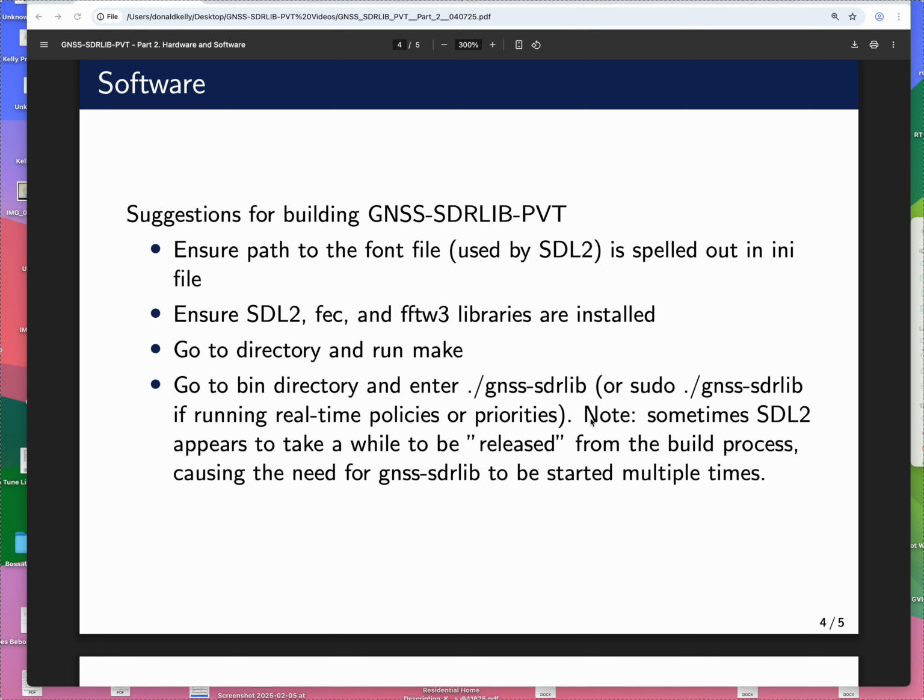And a side note that's a bit frustrating is sometimes the SDL2 threads appear to take a while to be released from the build process. I think that's what's happening. So you might have to start the program a time or two to get it going. That sometimes happens. So let me go ahead and show you the